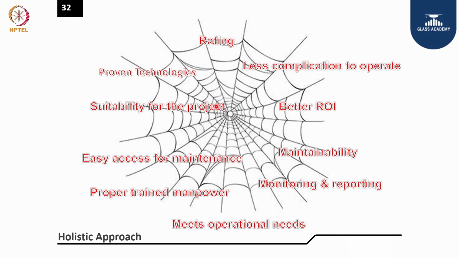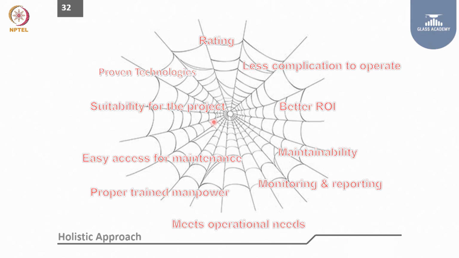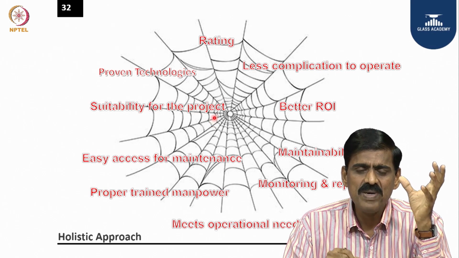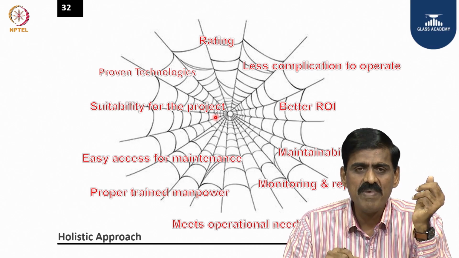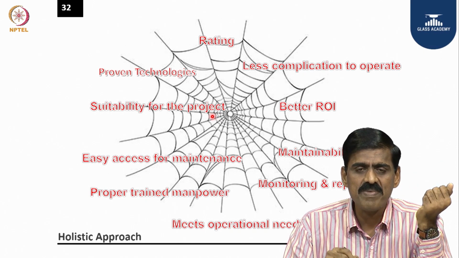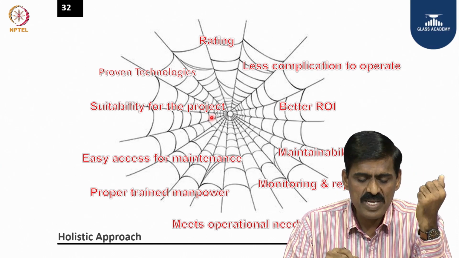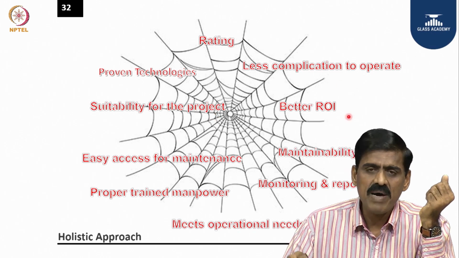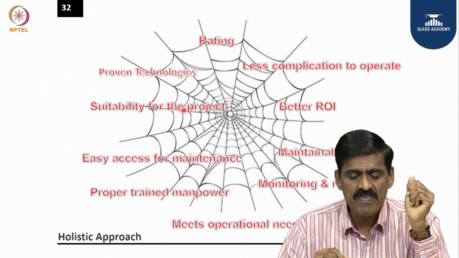And suitably for the project, so you have to adopt the technologies. Yes, you need a proven technology, but the technology is adapted suitably for the project. You can't bring some system which is not suited for the particular operation. Sometimes you require a VRF, sometimes you require a window, ductable split with fresh air provision. You can't have a centralized system for a building when you have only 10,000 square feet of conditioned space. Accordingly, you have to select the system suitable for a particular project, looking at all these parameters when you take a project for design.